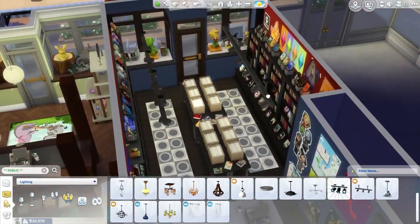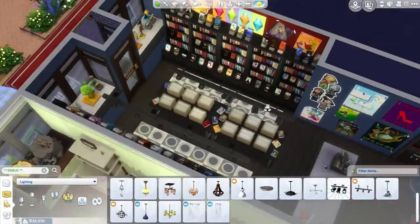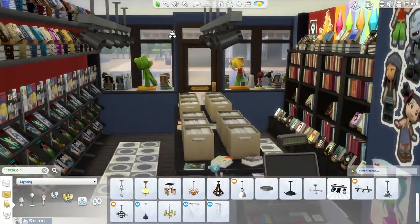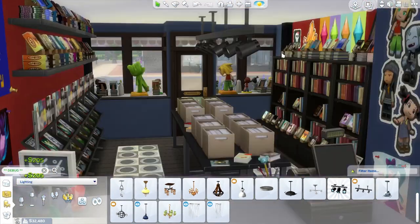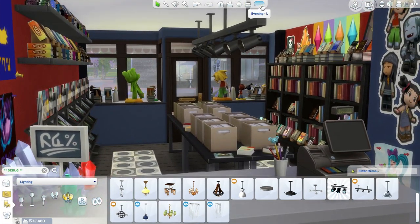Okay, so on second thought, what I may do instead is just have them down the center and facing either way, because the only problem is with them on the sides, they are blocking the view of the upper shelves. Okay, so I think doing it like this is fine. Let me know what you think. I can always go back to the saucer light, but I thought it'd be good to try a different kind